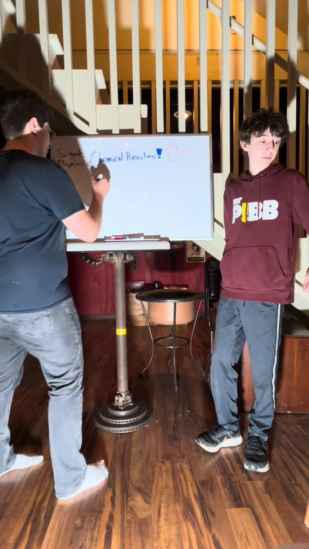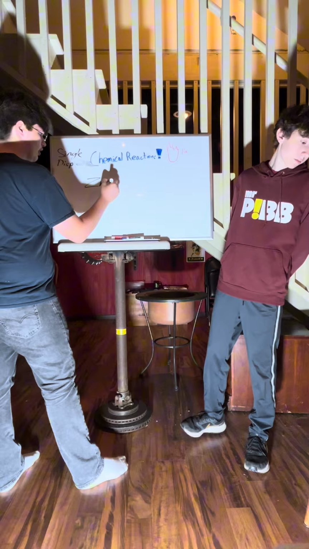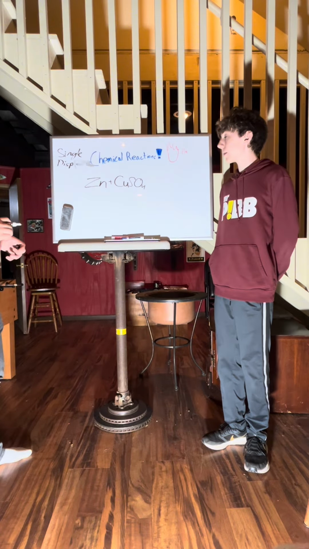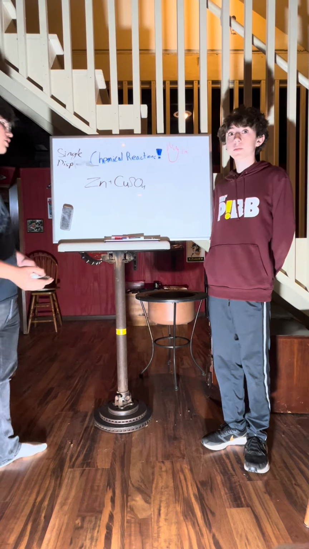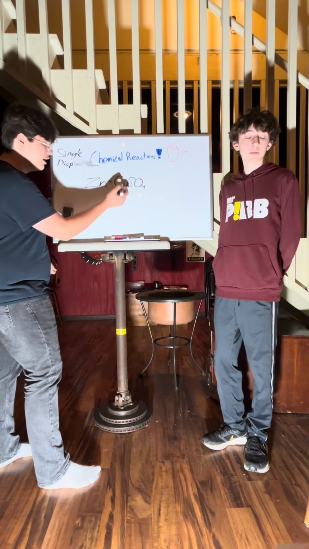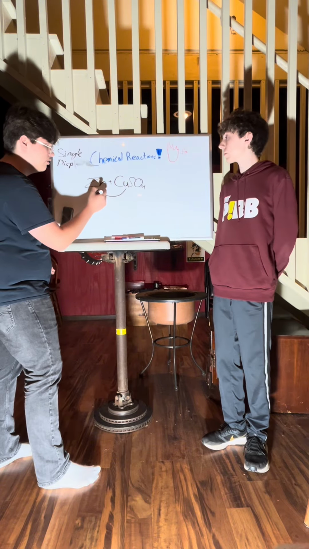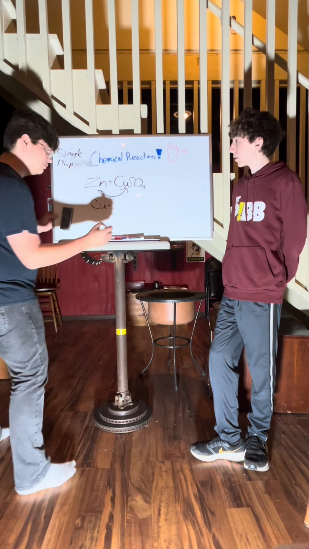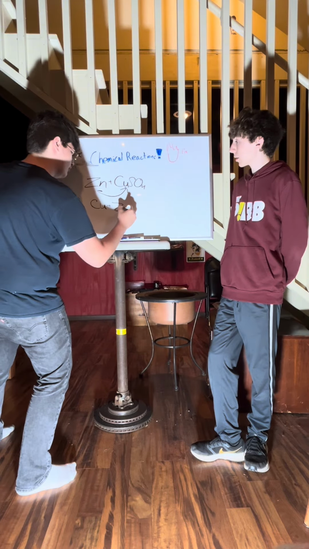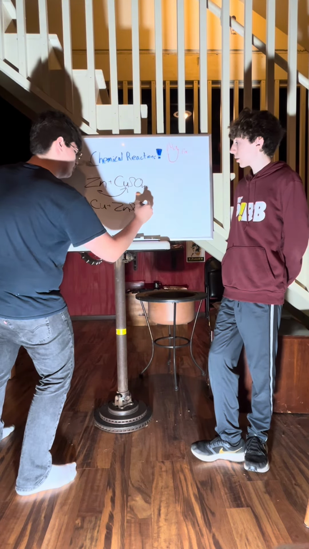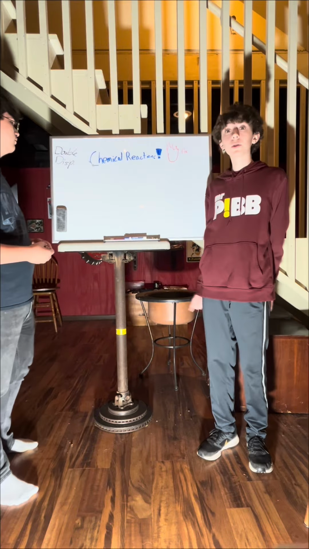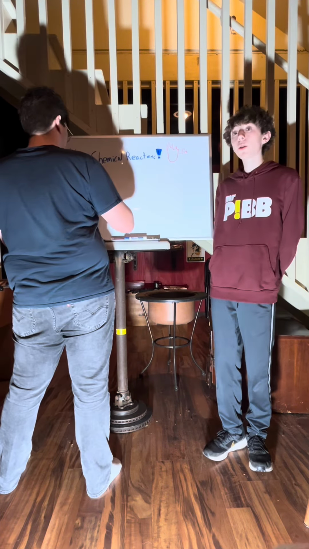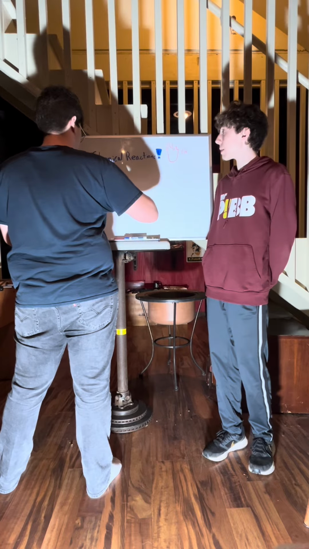For example, we have zinc combining with copper sulfate. All right. So basically, what happens here is the copper ion is going to swap places with this zinc. Copper ion plus zinc sulfate. It's double displacement, which is fairly similar to single displacement, except both of the reactants are compounds instead